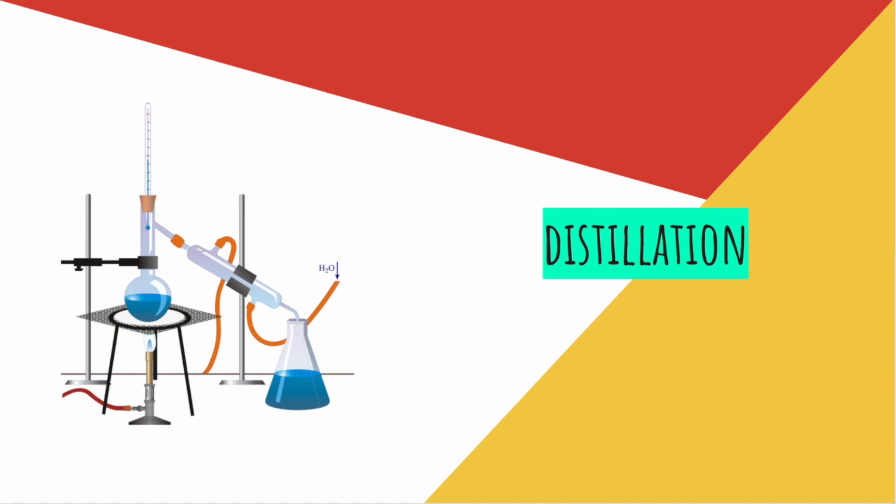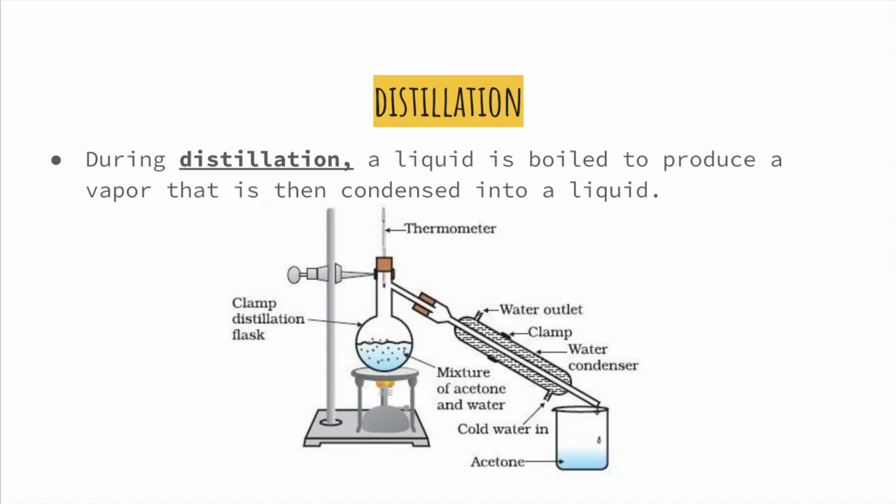Distillation can also be used in order to separate homogeneous mixtures and solutions. For example, let's say I have liquid A and liquid B that are mixed together. If I put this over a flame, they will have different boiling points. Let's say liquid B has a lower boiling point, meaning it will evaporate faster. So if I increase the heat of my flame, my liquid B is going to evaporate, separating itself from liquid A. And then I can condense my liquid B and put it back into a liquid in a separate container. Then I have successfully separated liquid A from liquid B.